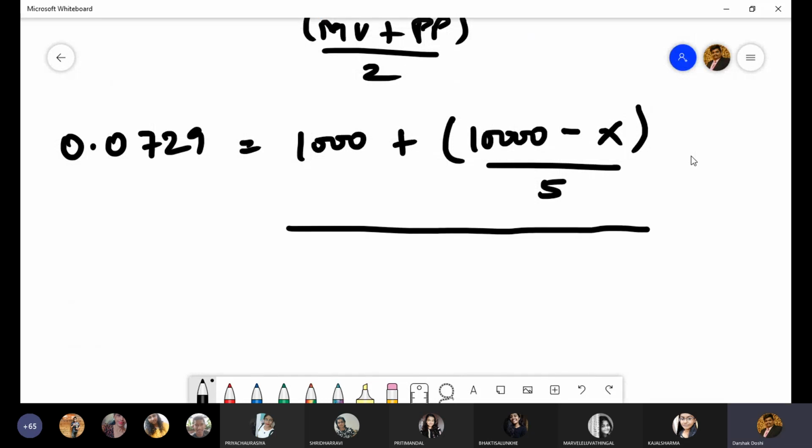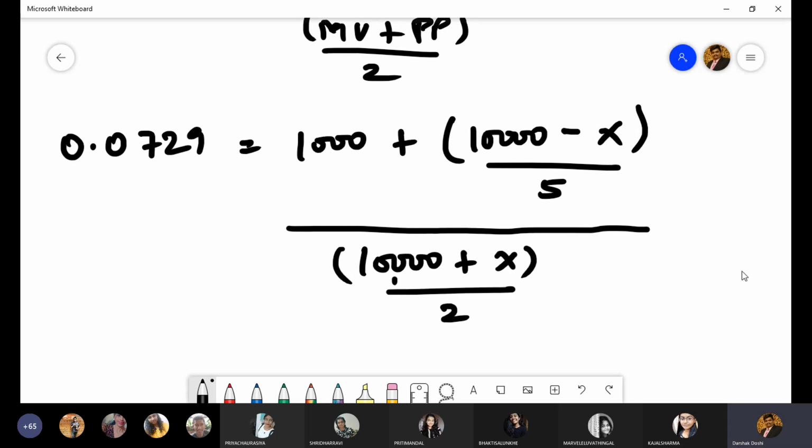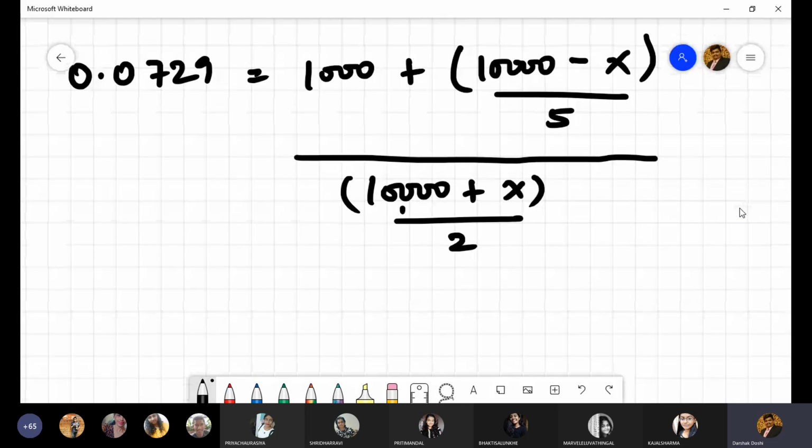The whole divided by 10,000 plus X. Now this is what we need to solve. Just find out X and you get the answer. So